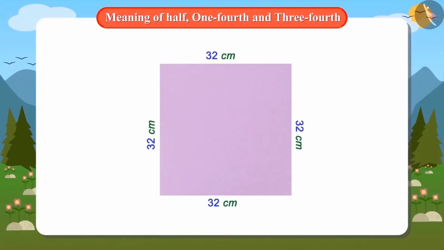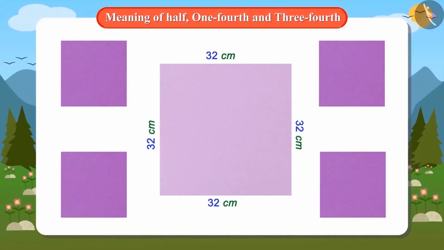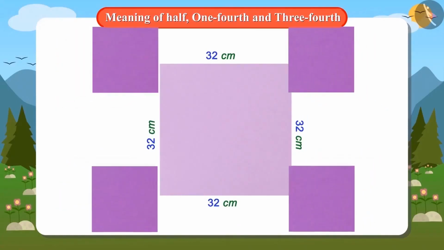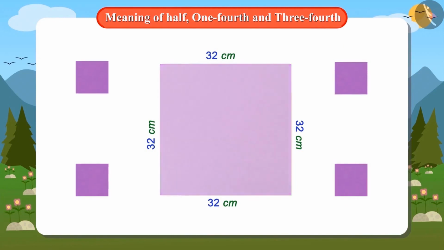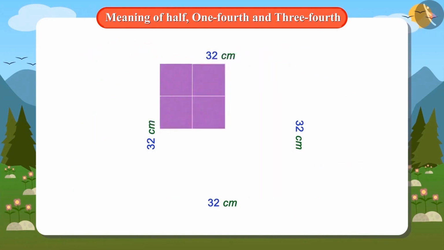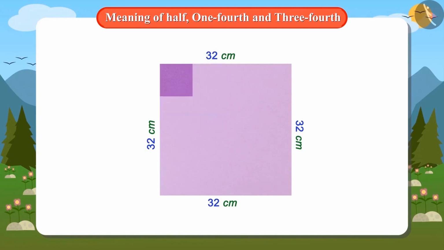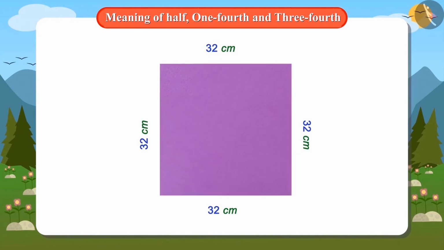Yes. So this means that if we keep the 4 quarters on top of the object, then the object should be completely covered. Now look, if we put 4 pieces equal to what you have made on this cardboard, then it will not be covered completely. Oh, yes, it is not completely covered. This means that this part is not a quarter of this entire cardboard. You just paid attention to cutting the sides in half, while we have to cut the whole figure in half.